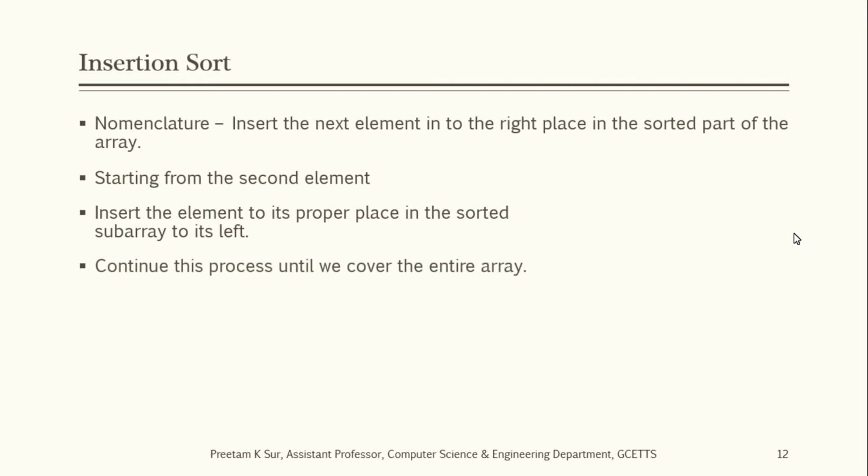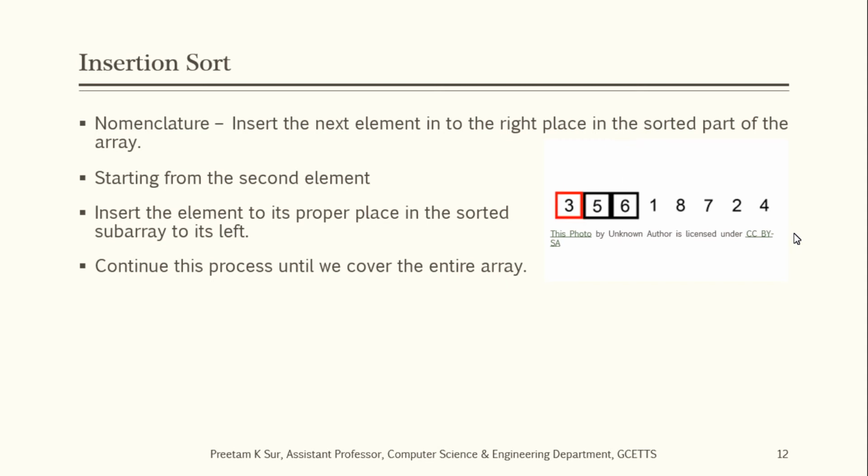As I told you, we have the left part which is already sorted. We start with a single element in the left part, because a single element is always sorted. Now the second element will either be in order or not in order. If it is not in order, we insert it in its right position, and if it is in order, then the left part is increased. We consider the third element, and where it has to be inserted. In this way we continue the insertion sort until the whole array is sorted.